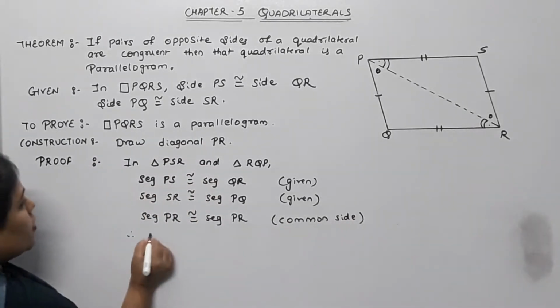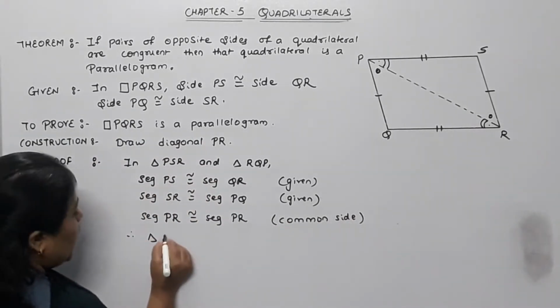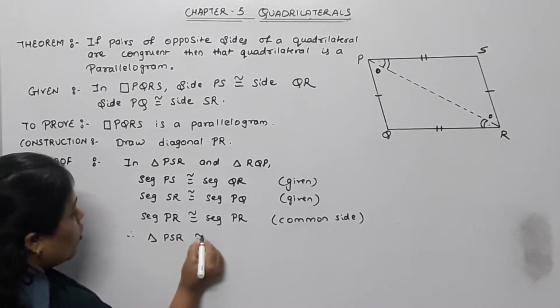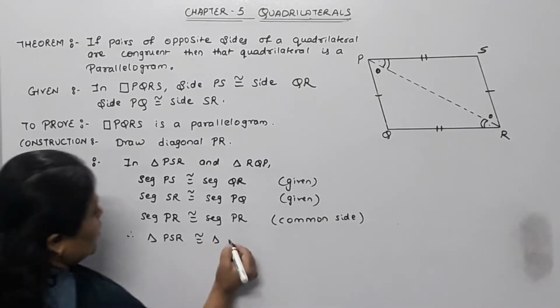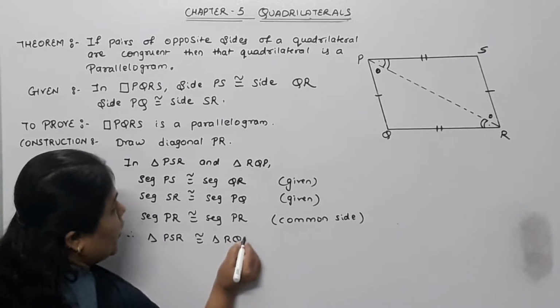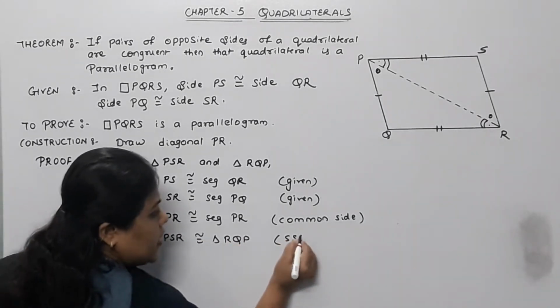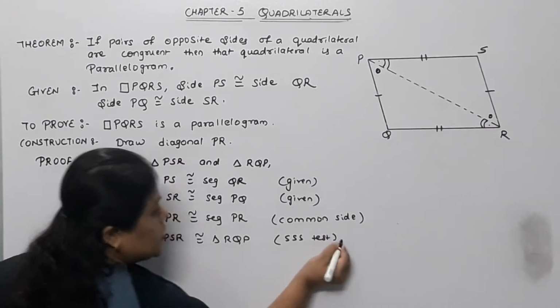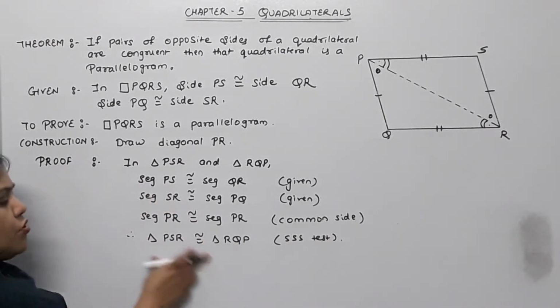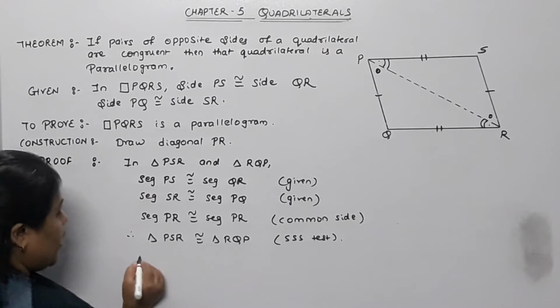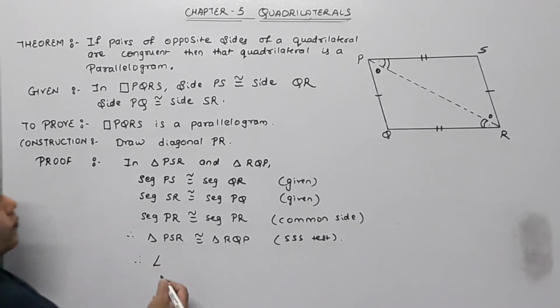Therefore, triangle PSR is congruent to triangle RQP by the SSS test for congruency. Okay, if these two triangles are congruent, therefore angle